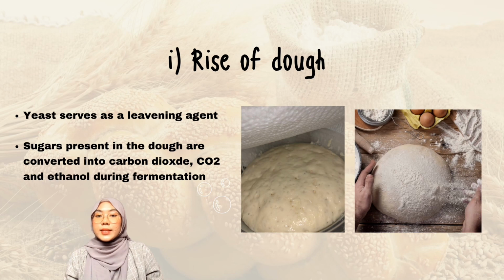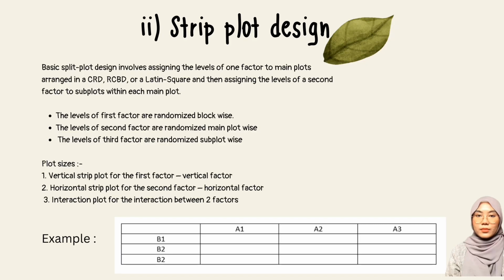During fermentation, the carbon dioxide is produced and trapped as tiny pockets of air within the dough. The bubbles make the dough expand and rise. For our group, we decided to apply strip plot design in our experiment, which investigates the factors that influence the rise of flour dough. The basic split plot design involves assigning the levels of one factor to main plots arranged in a CRD, RCBD, or a Latin square, and then assigning the levels of a second factor to subplots within